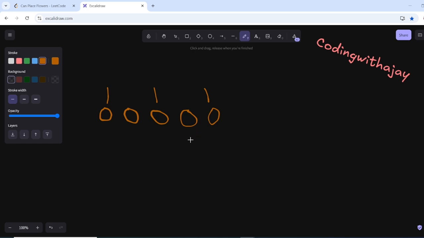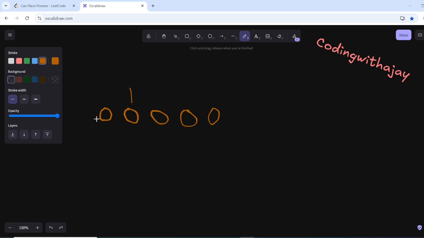So this is the basic algorithm, but the only twist here is that there will be some ones already in the array. For example, let's say this one will be given in our array, so we need to incorporate that also. We don't have this freedom, because there will not always be 0. If that were the case, then obviously we would choose this combination of putting one here, then next, then next. But if this is the example that we are given, for example,